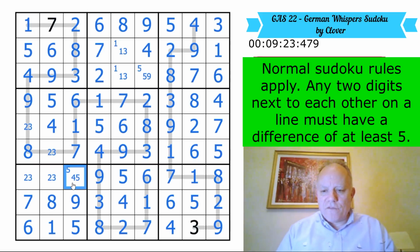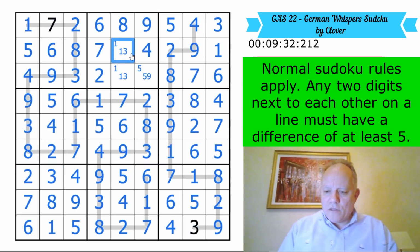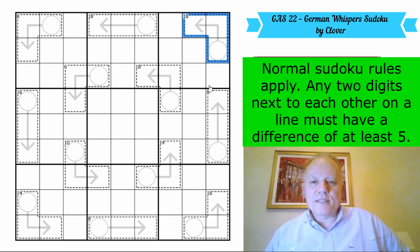5 there. 4 there. This 3, 2 pair has been resolved by Sudoku. Probably could have been resolved by German whispers as well. 3, 1, 5. And there we go. Ooh, 9.5 minutes. I'm not going to get my two hats for that. Let's move on to Sam's